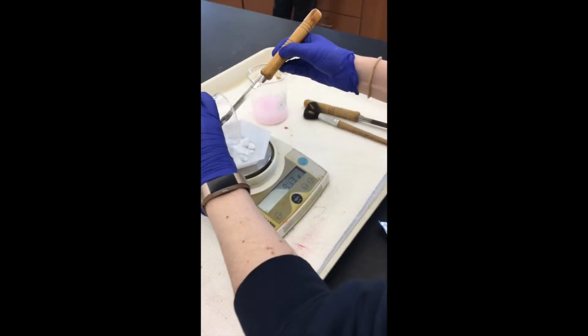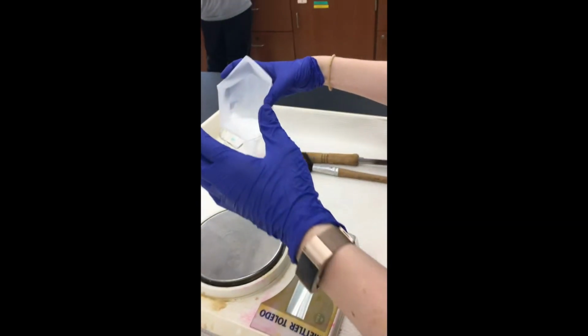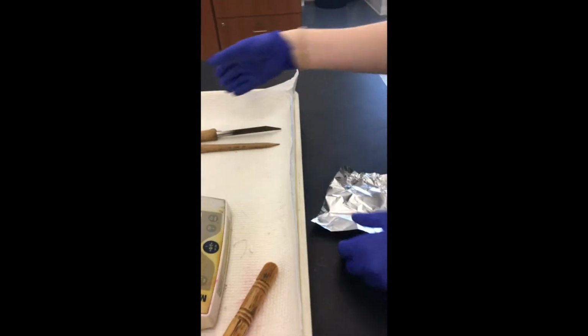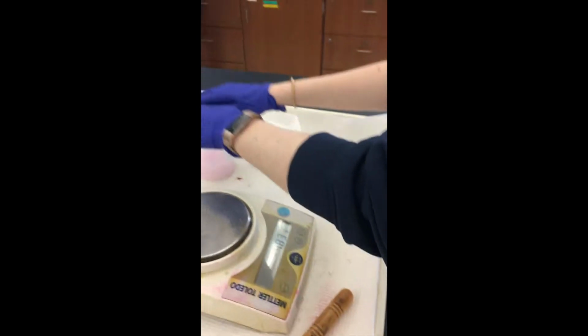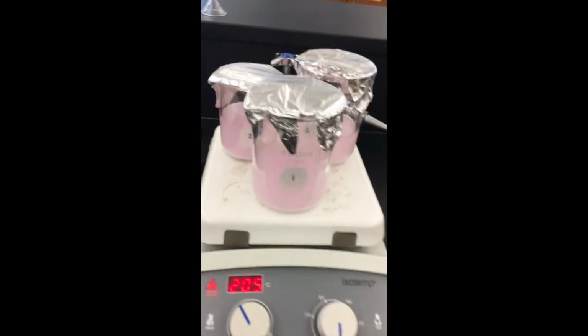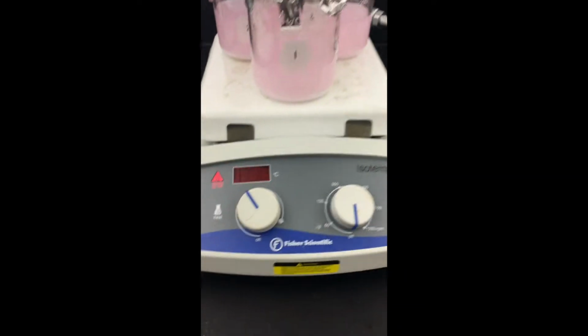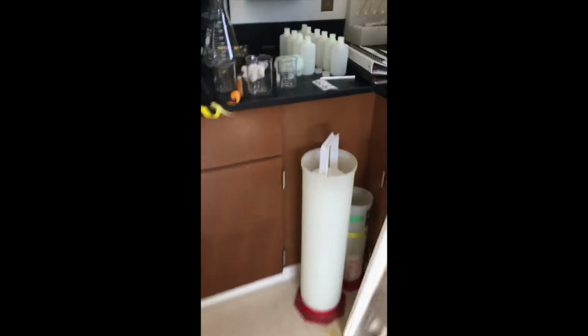Next, weigh out about 15 grams of your urea on a non-analytical balance. Transfer your urea from the weigh boat to the beaker and cover with a piece of foil to prepare for boiling. Next, place all 3 of your beakers on a hot plate set to about 200 degrees Celsius and boil for 30 minutes. While you're waiting for your unknowns to boil, remove your crucibles from the oven